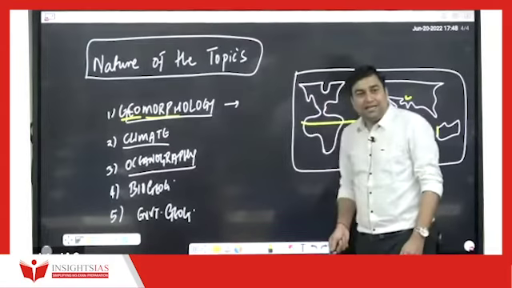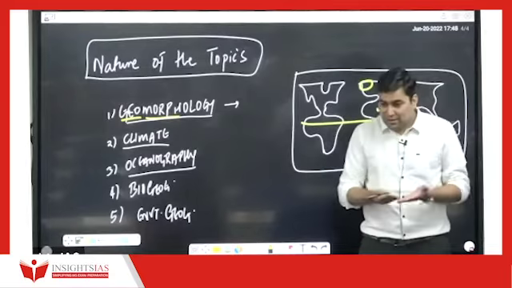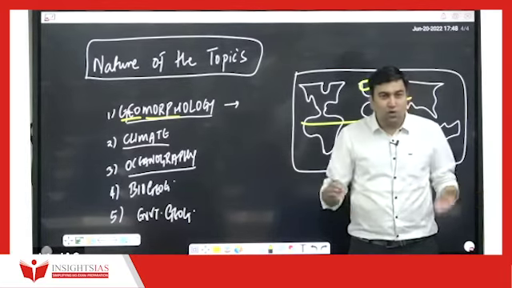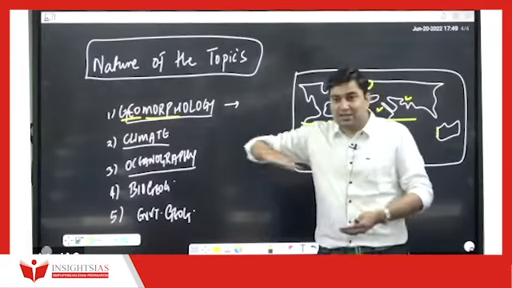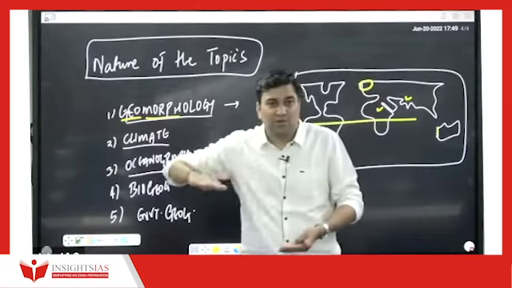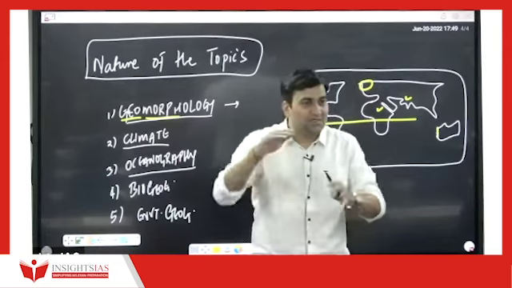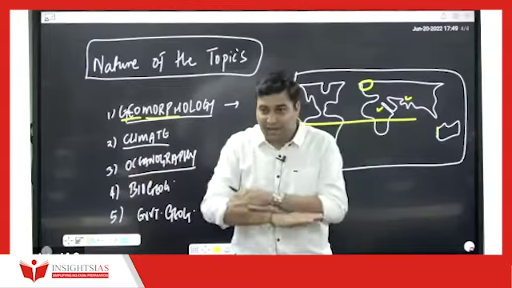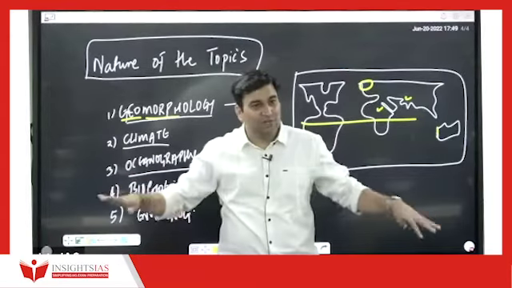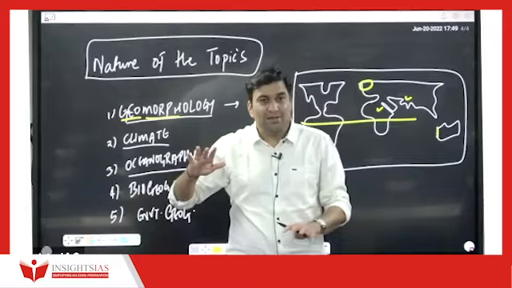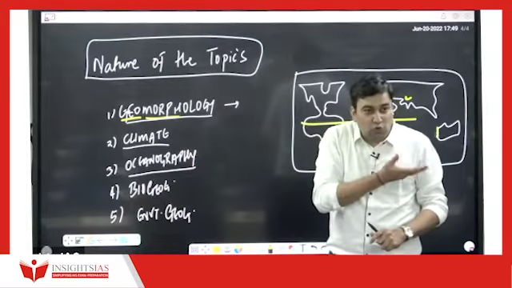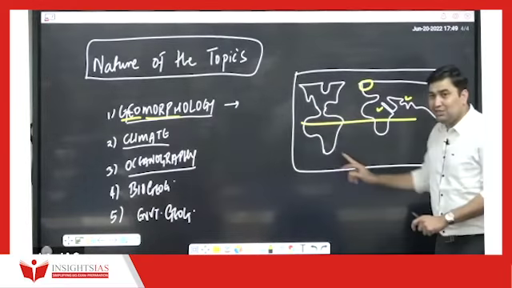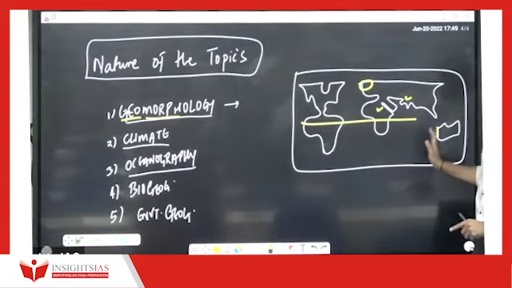Oceanography essentially helps us to understand the ocean, its various resources and its bottom floor. Just like the earth's surface is not uniform, you'll find deep gorges, rivers, canyons, and mountains, right? That means everything is uneven. Similarly, the ocean floor is not even, it's uneven, right? So we are going to study the ocean bottom topography of the Atlantic Ocean, of the Pacific Ocean, of the Indian Ocean. Are you understanding it? This we have to study.